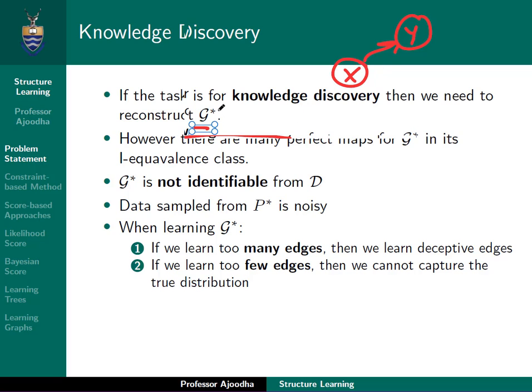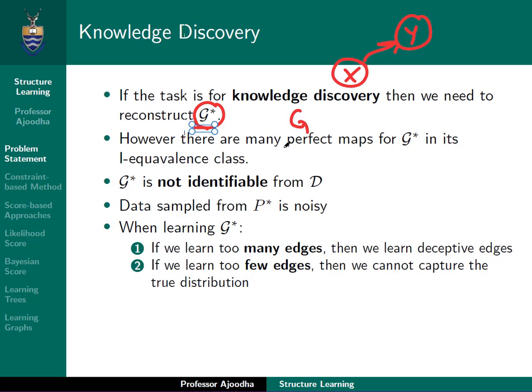So we need to get exactly G star, not just any G. It needs to be the one where the variables have the associations. This is particularly useful, and that's what we will need to do if it's for knowledge discovery. But something that we need to remember is that G star